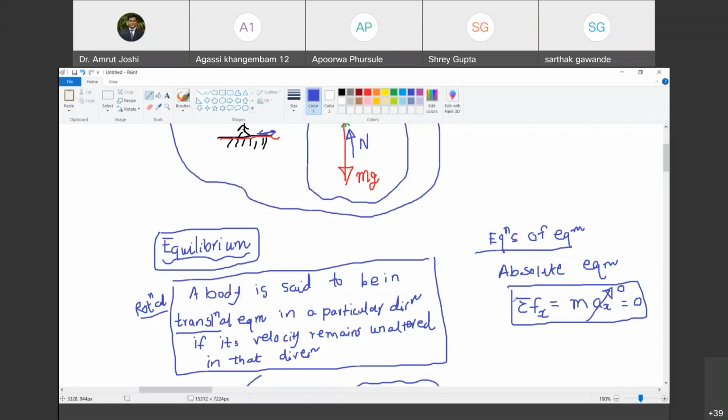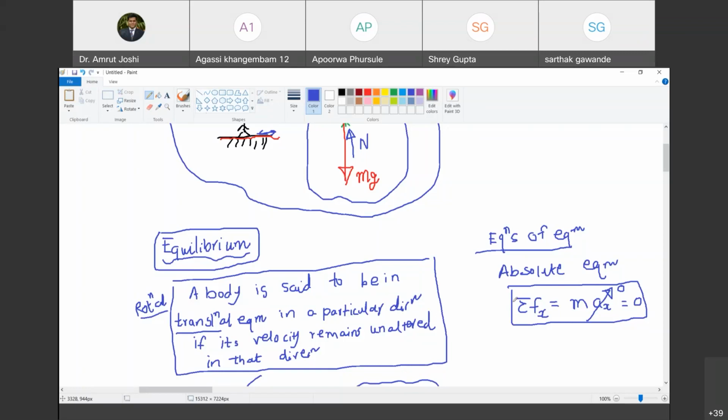And somebody said that the body is not subjected to unbalanced forces. That's what it is. The body is not subjected to unbalanced force in x direction. Therefore, summation Fx equal to zero is the manifestation of what we perceive as equilibrium, and it is not the definition of equilibrium in itself. Are you with me? Yes, sir. As we perceive equilibrium in x direction as velocity being constant in x direction, the consequence, applying Newton's second law, is summation Fx equal to zero, or unbalanced force in x direction is zero. It is the consequence. Happy?